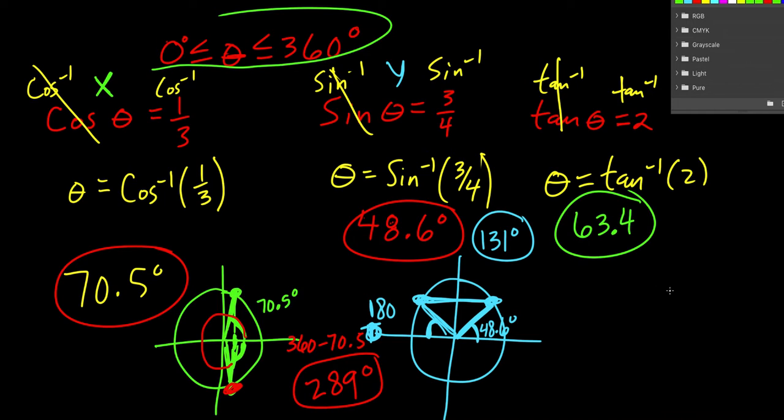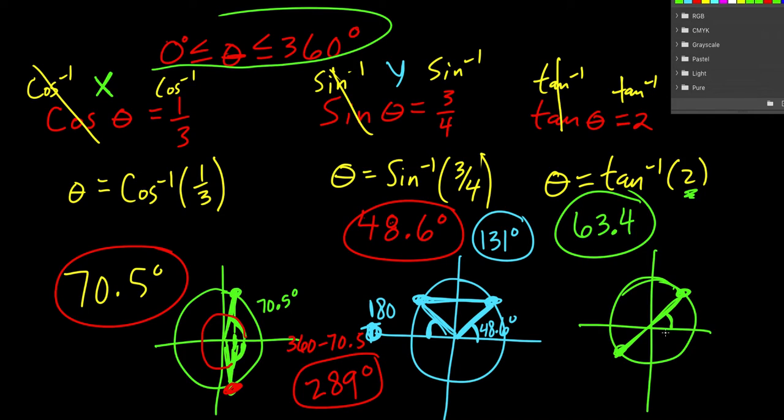Okay, now this one's a little bit different the way you think about it, but we draw our unit circle. Now, because our tangent is positive 2, we need our signs to be the same. So both positive in this quadrant, both negative, because if we do sine divided by cosine, the negatives either cancel or we didn't have negatives to begin with. So our tangent looks more like this, and so we're going to cross it twice. Once again, the 63.4 is this,